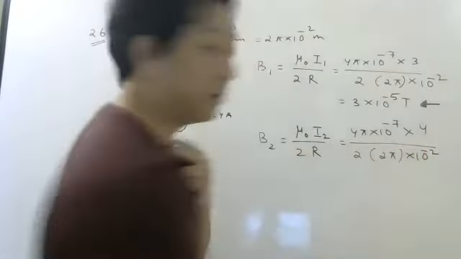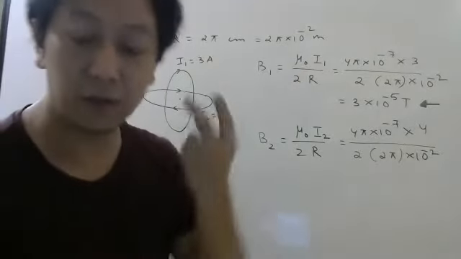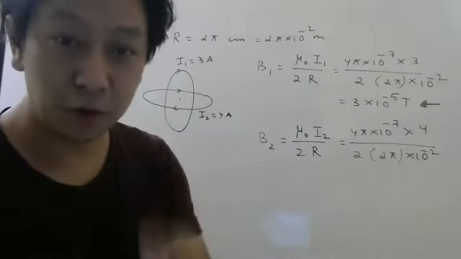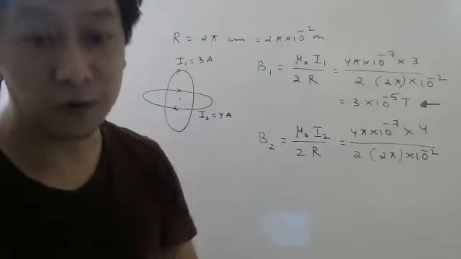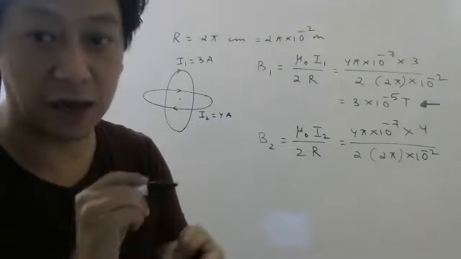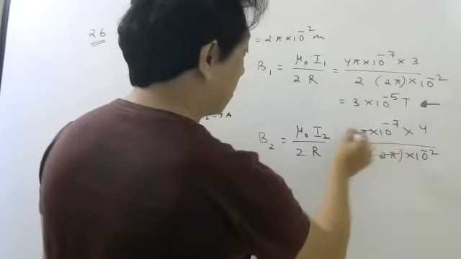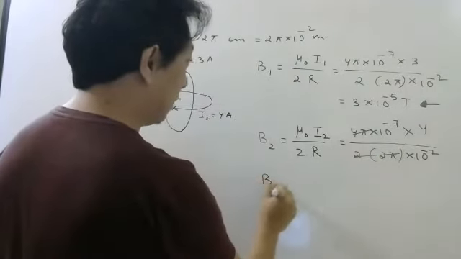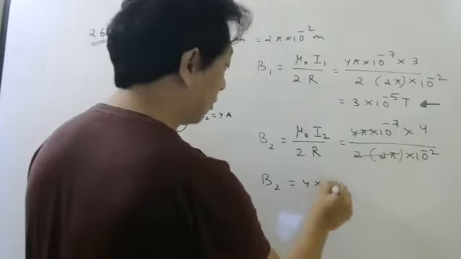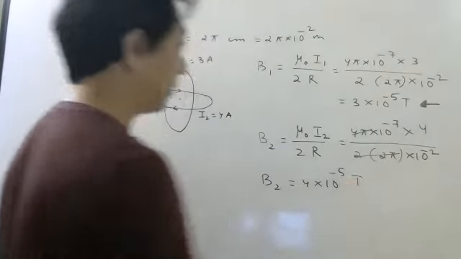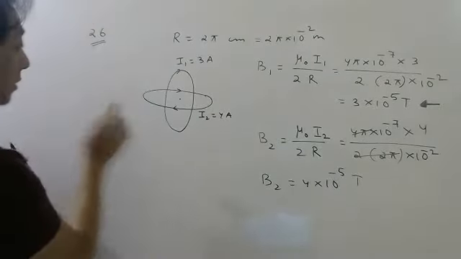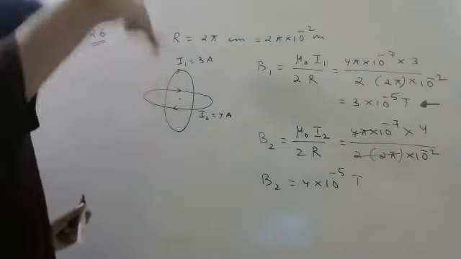See, these small mistakes even I am making after having so many years of experience, so you may be making them in the exam. So you have to be a little focused while writing the answer. So this 4 pi and 4 pi you can cancel. So the magnetic field will be 4 into 10 to the power minus 5 Tesla. Direction will be where? This current is this way, so it will be downwards.